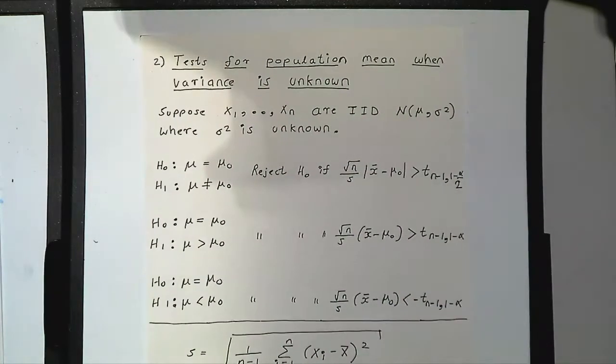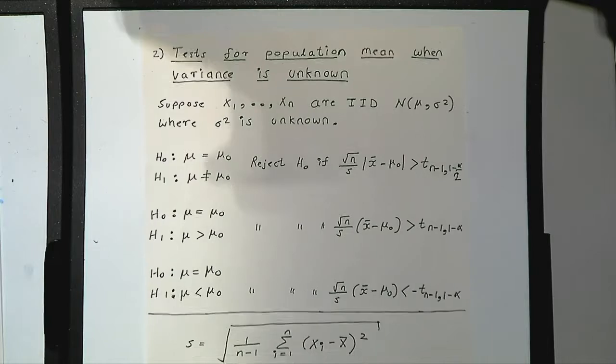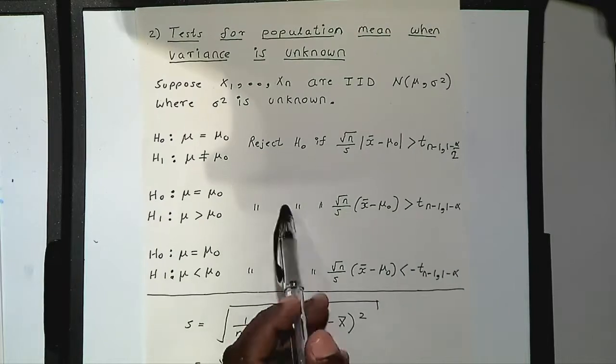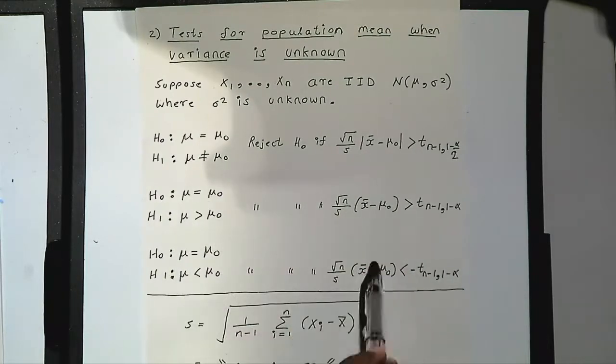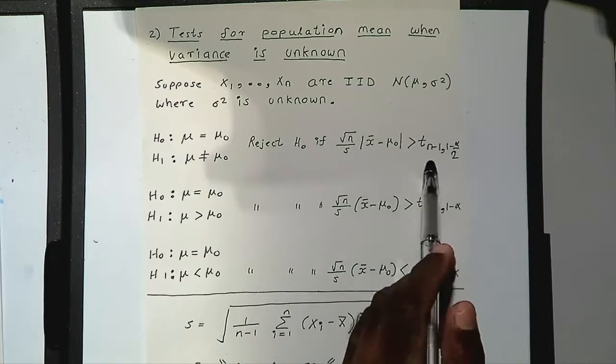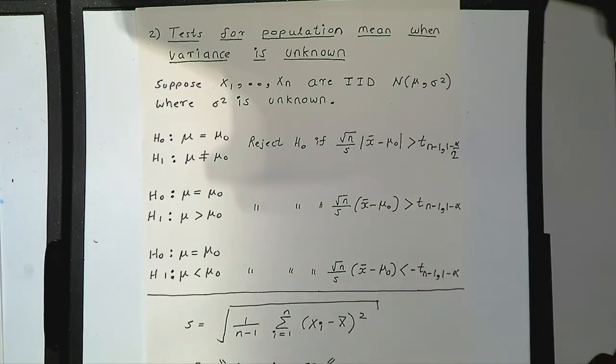And this is the test for the population mean when the variance is unknown, right? So in this case, the rejection rules are similar, except instead of using Z, you use the t-table, right? By the way,